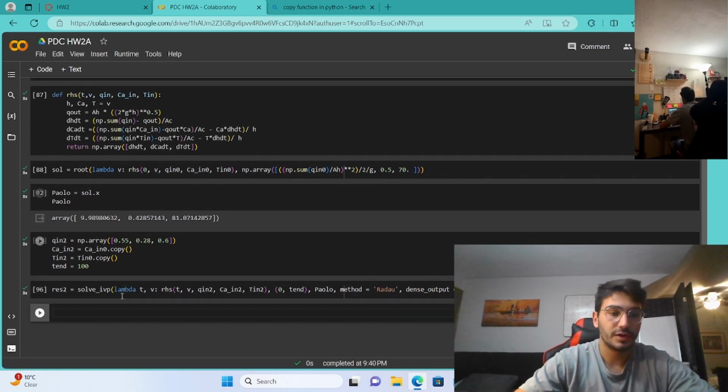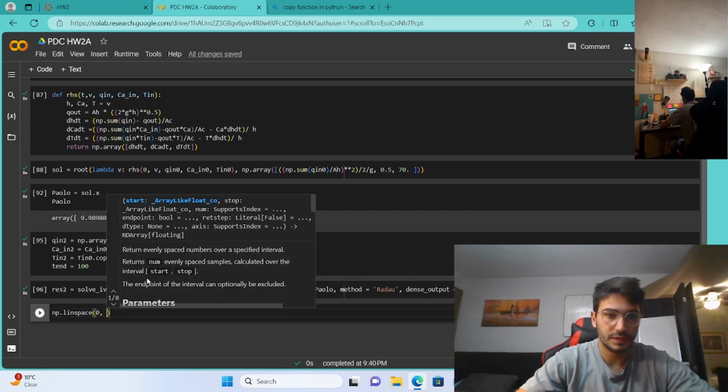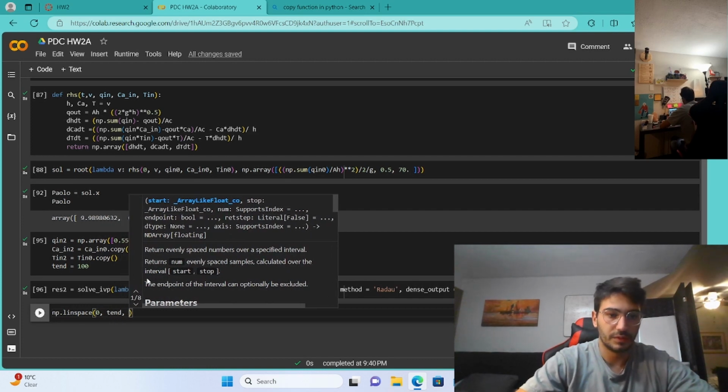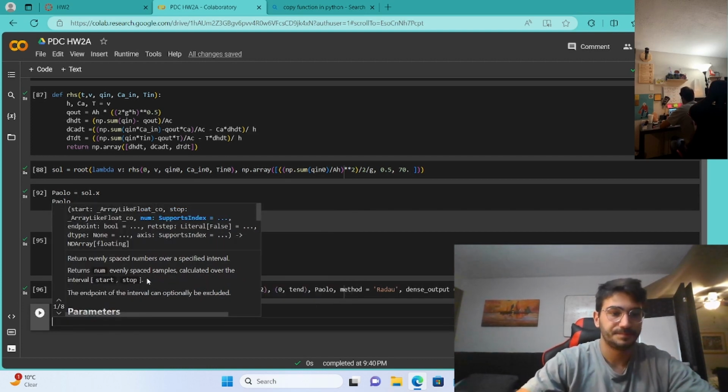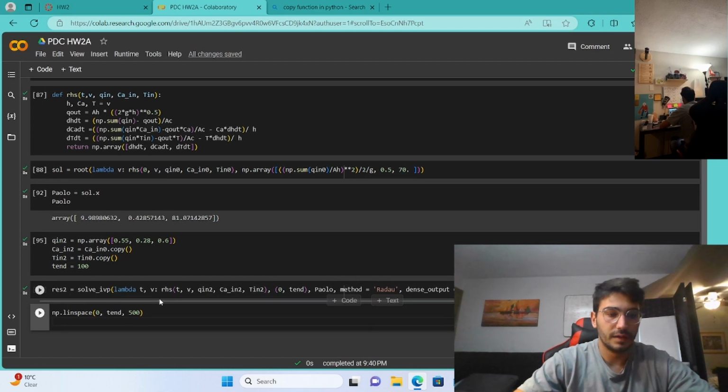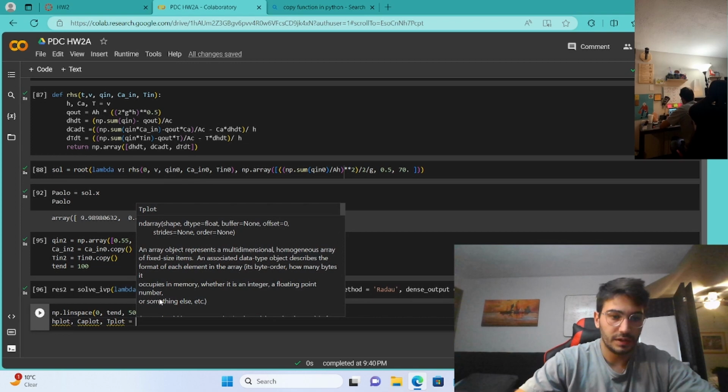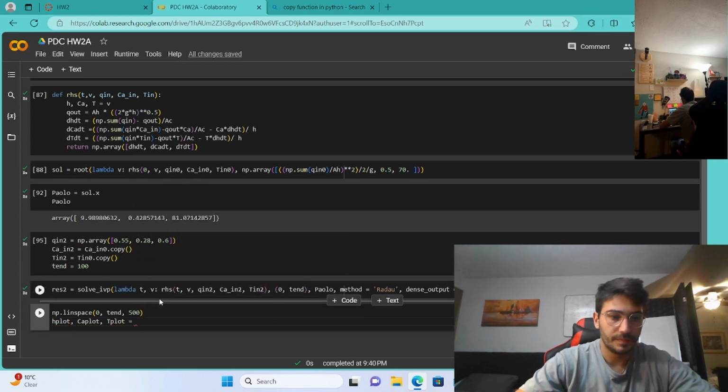Okay. So now we can go ahead and start plotting. So I'm going to do np.linspace from 0 to t_end, and we're going to have 500 points. Then we can unpack this and put h plot, our CA plot, and our T plot all equal to